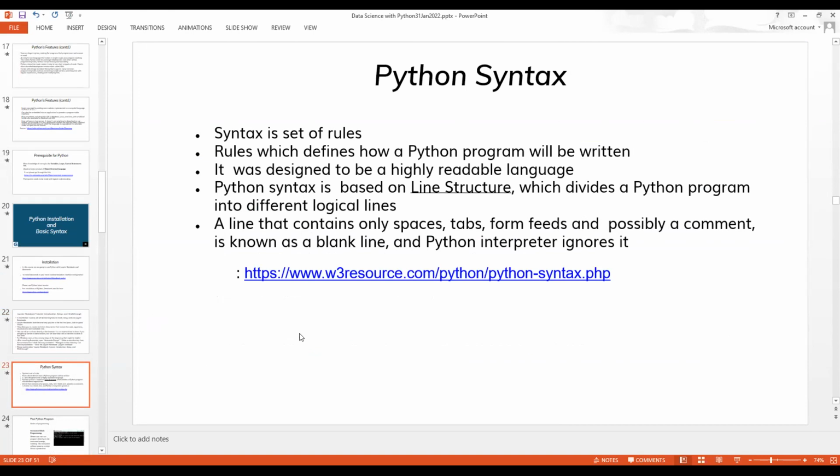For Python syntax, we normally refer to W3 resource. Now, as today we normally work in a cloud environment, all our instructions normally go through a web server layer. And W3 resource is one of the best scientific community resources, which helps resolve all these web server compatibility issues. And wherever we try to understand the best possible syntax, we should refer to w3resource.com.